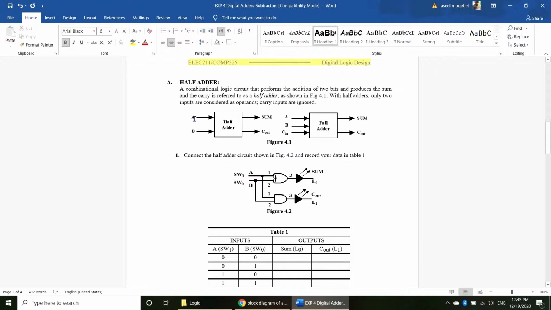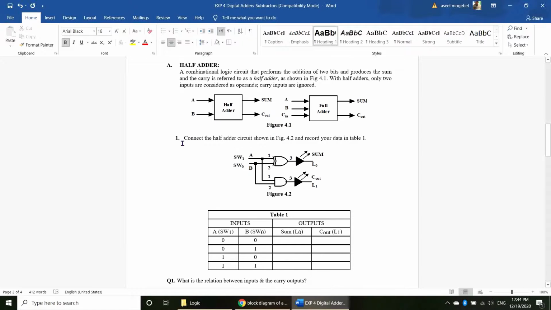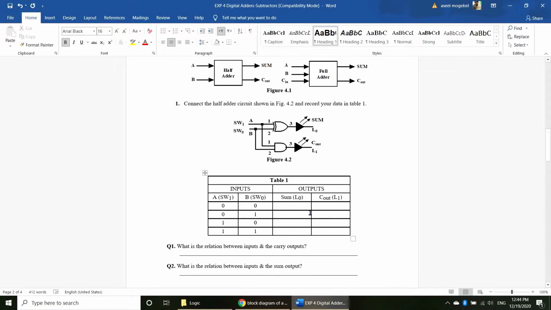There are only two inputs, each input is 1 bit, and there is no carry, but in the full adder there is carry from the previous operation. That's the only difference between these two. We can start connecting the half adder circuit shown in this figure and record the data in this table. So let's start